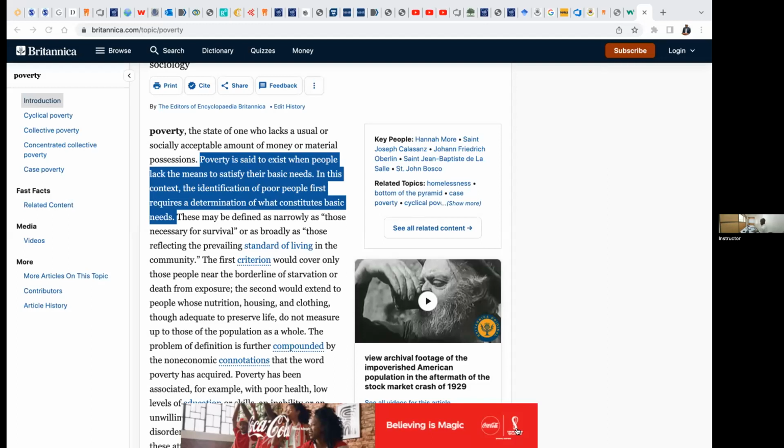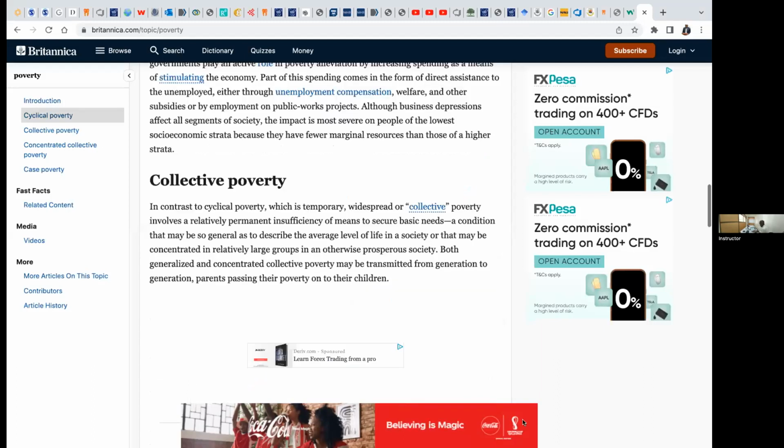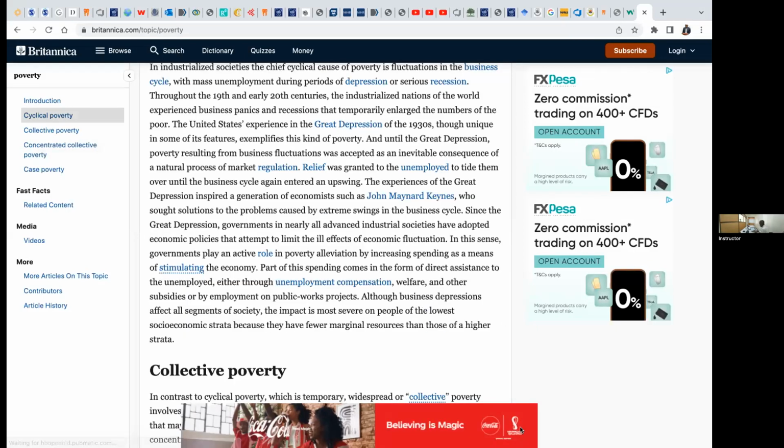Okay, causes of poverty, we can say here, do we have causes? Okay, they even have types. What I wanted to tell you is that when you are going for a presentation, you don't have to put in details, but instead you just outline and get summaries.